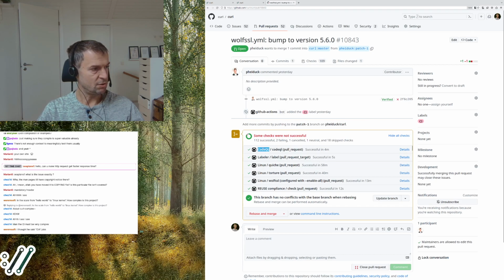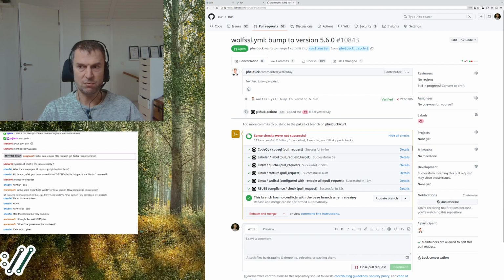So you can see here, CodeQL, this is a static code analyzer. There's a labeler that sets automatic labels for the issues. And then it builds curl on Linux using quiche, an H3 library, and runs the entire test suite with Valgrind, making sure that it's successful, in 58 minutes.